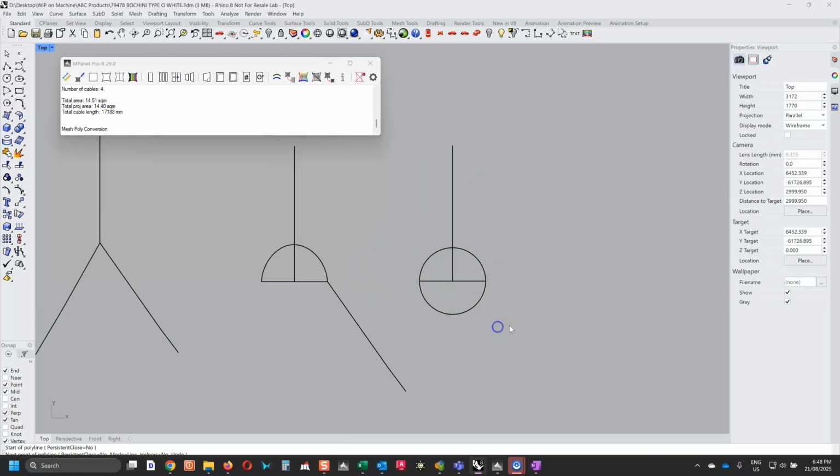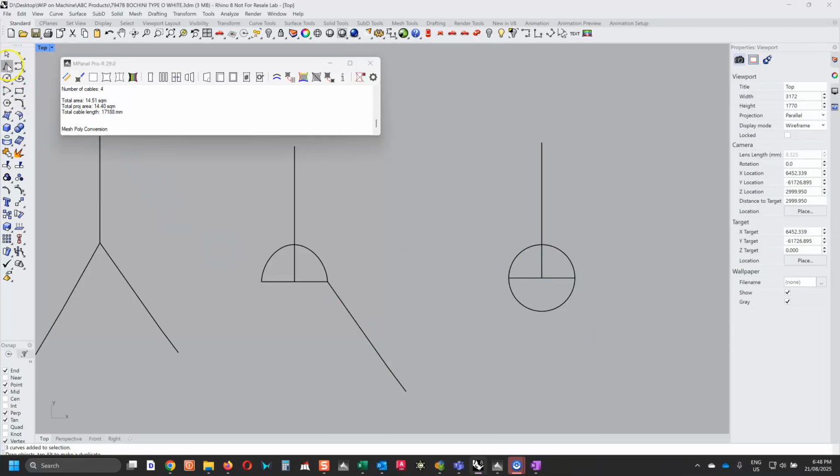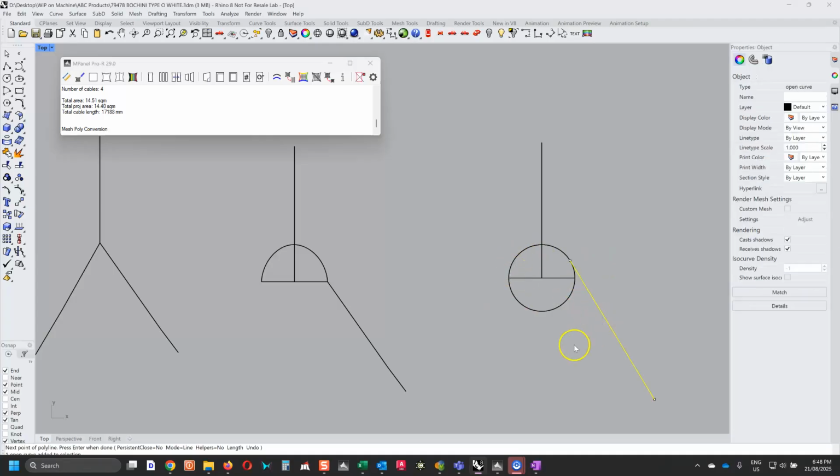In this case the cable length is calculated, I'll just move this over here, by summing the cable coming to the tangent of the circle, then continuing on to the other side, and if we just mirror this,